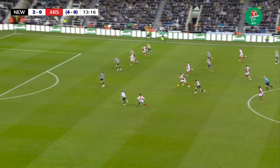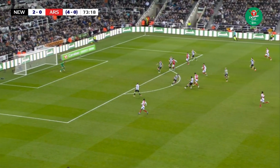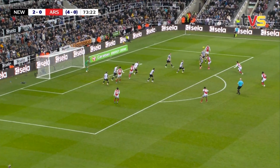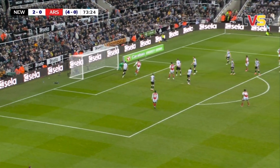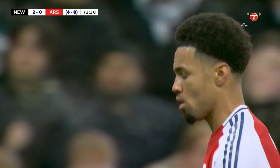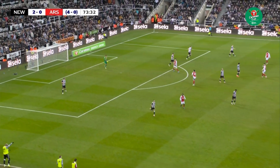That cannoning back into the path of Declan Rice. Rice's forward run, Nwaneri managing to keep it alive, Marino, and then Dubravka behind the shot from Ethan Nwaneri. It's a routine save really for Dubravka. But